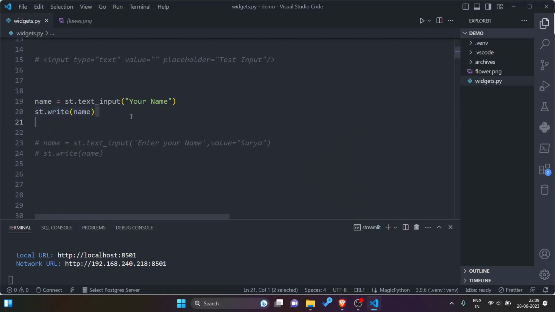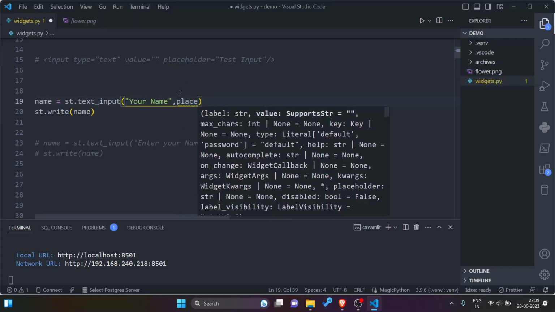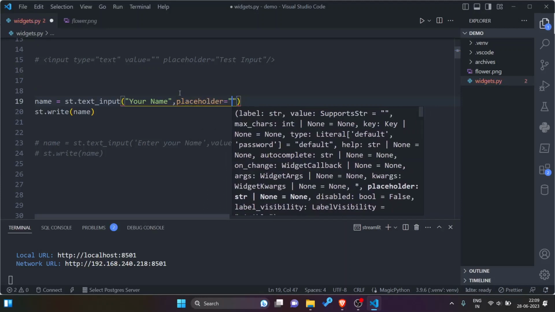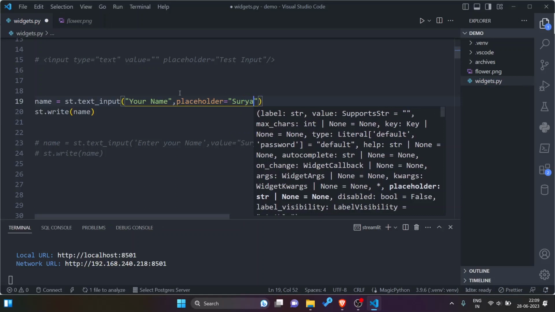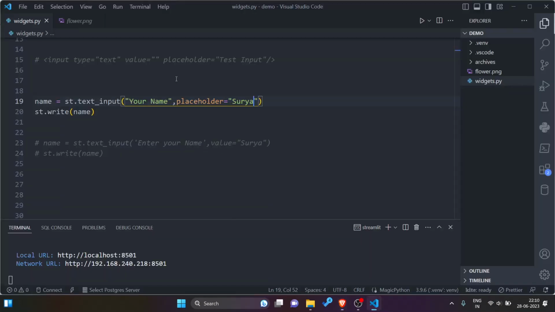So this is like a form, input type is equal to text, value is equal to some value, placeholder is equal to placeholder. So let me pass a placeholder, placeholder is equal to, let us say Surya. This Surya appears as a placeholder. I can change it, you can type something.